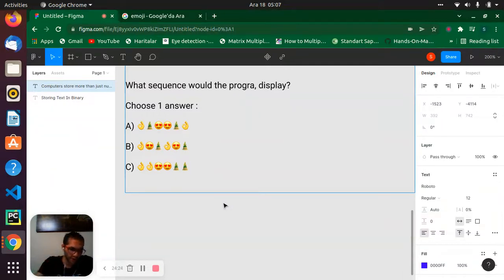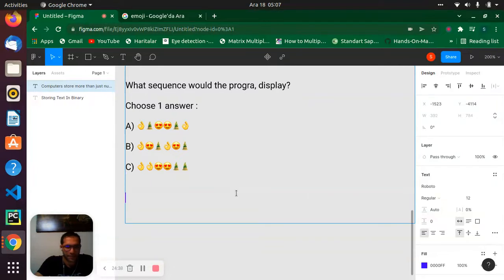Here is our old information. Let's see what we can do here. I think we can go on together. Let's do it in black.